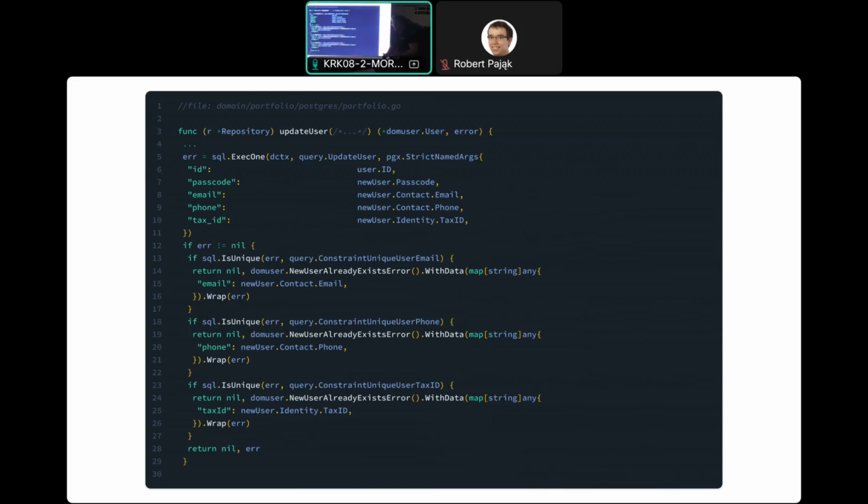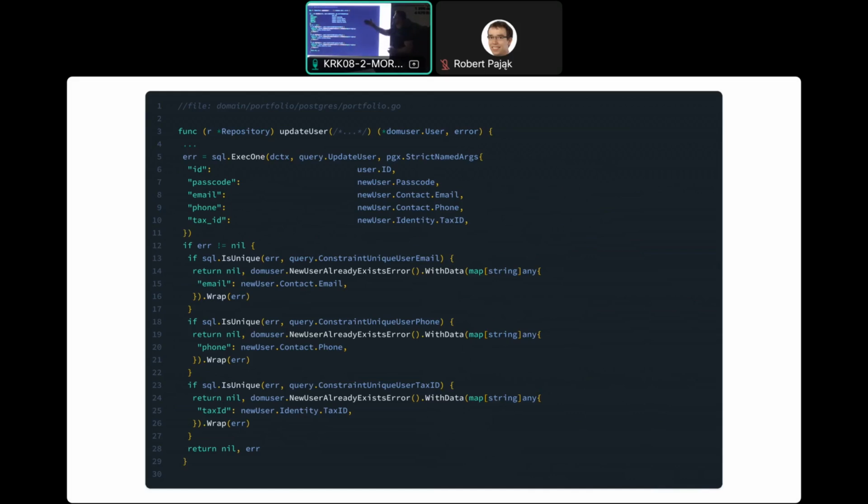Because remember, anytime you return an error, there's a client on the other side that will receive that error. And you want the clients to know and visualize that error to the user, right? Because very oftentimes there is a front end.